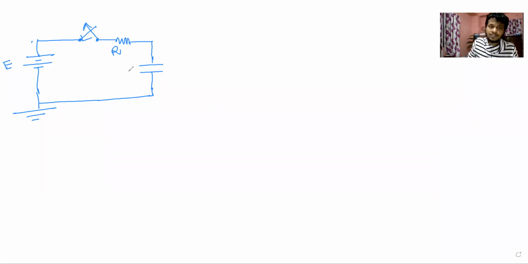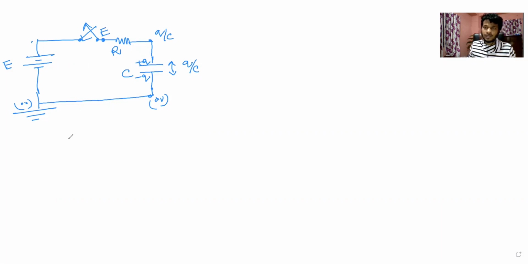Okay, so the capacitance of this capacitor is C, suppose. And at time t, the potential across this capacitor is q by C. That means this plate is positively charged and this plate is negatively charged. This is 0 volt, this is 0 volt. So this would be Q by C, isn't it? And this would be E. The potential at this point is E.